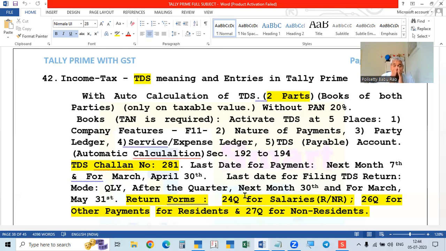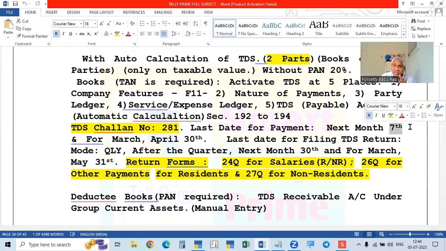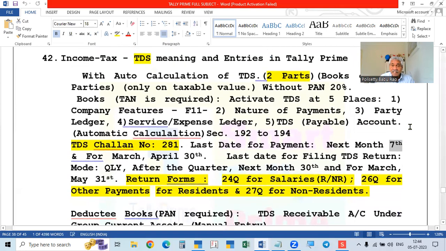All the money deducted every month is not to be paid to the government immediately. Whatever amounts are deducted for different purposes, that is, different natures of payments, are to be paid in the next month. For every month, by the 7th of the next month, the amount is to be paid to the government according to the sections, that is, according to the nature of payment. Each nature of payment is to be paid separately, one for each section. For each separate type of payment, a section is provided under the Income Tax Act.